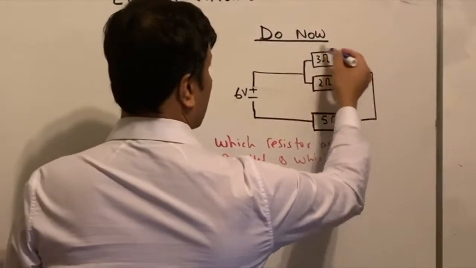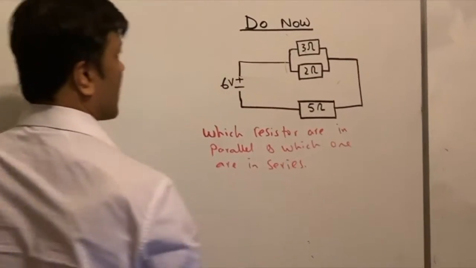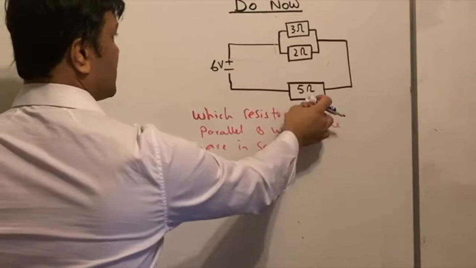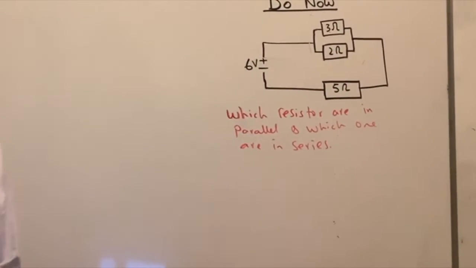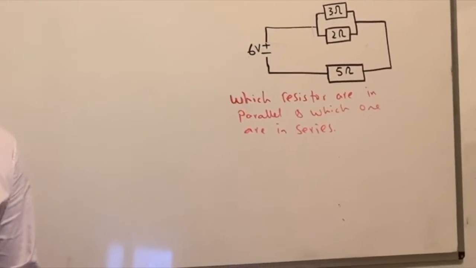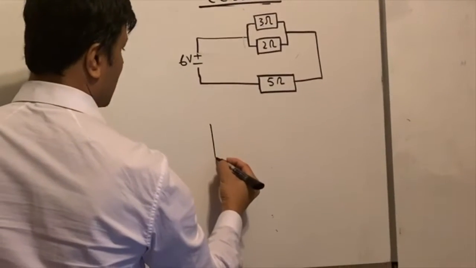This one and this one are in parallel, and this one and this one are in series. Does that part make sense? I'm going to convert it to a simple circuit. Let's draw